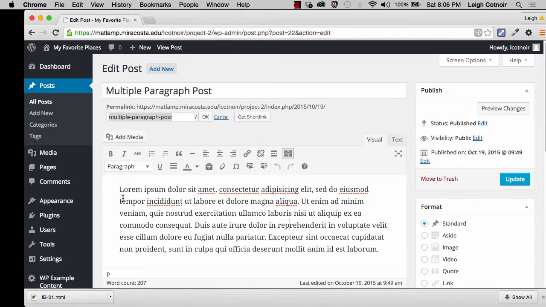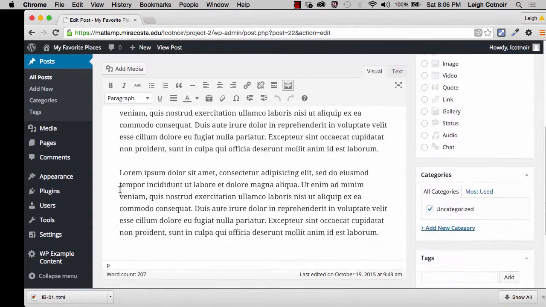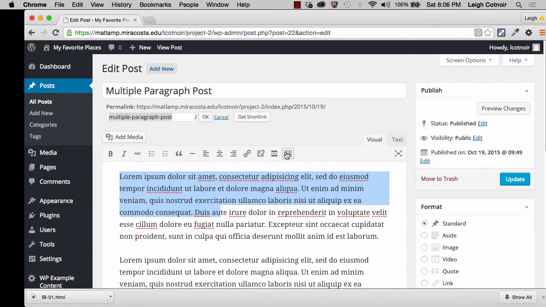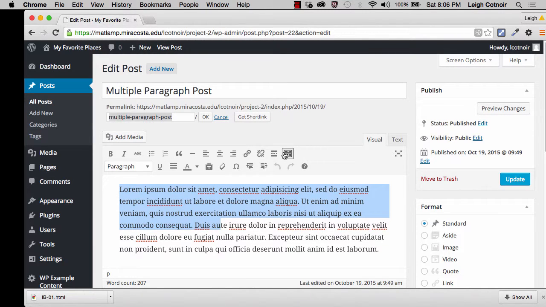And then also down here, you'll see that we have just a bunch of dummy text because this was a dummy post, but this is what's referred to as the WYSIWYG editor. And what you might see is you might see something that looks like this. Remember I showed you before, this is the kitchen sink. Okay, so if we want to add more content, or we want to, for instance, go down here and put